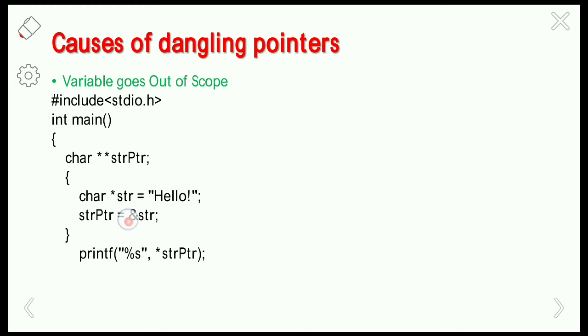So here the variable string pointer comes out of the scope. The memory allocated to the string pointer, that is the address of string, will get erased when it comes out of the scope. So here the variable will go out of the scope.